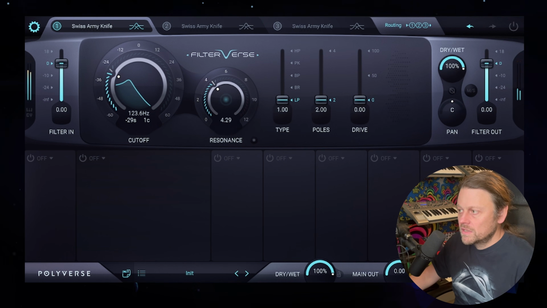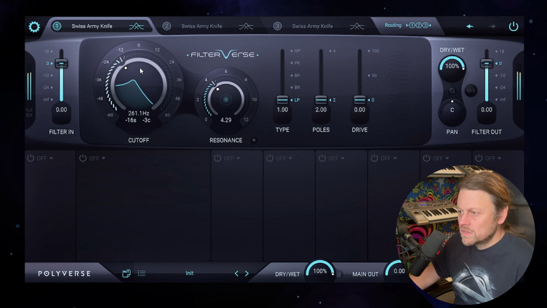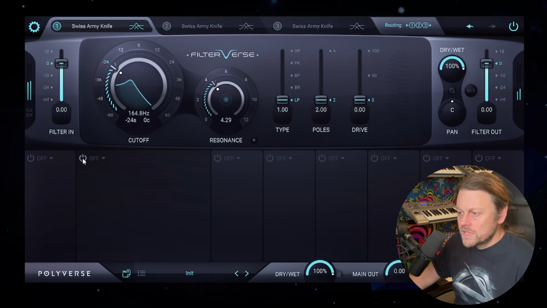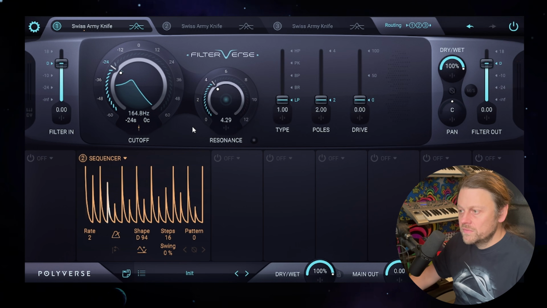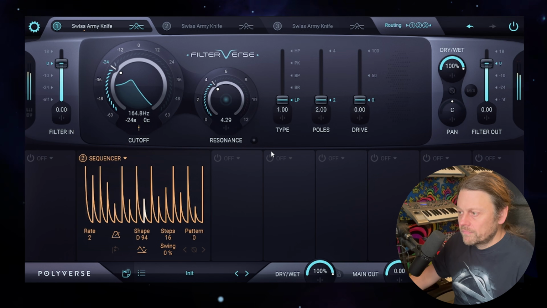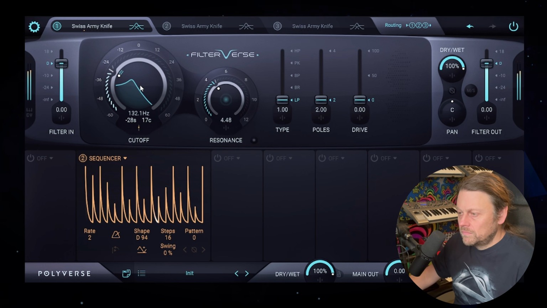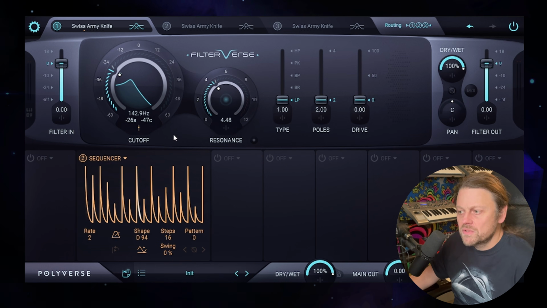Really nice. Next up we have the same pad, which sounds like so, exactly the same. Let's turn Filterverse on. Once again, just a low pass. Let's now turn the sequencer on. We have this pattern drawn in, and this pattern modulates the cutoff. So now we have a bit of rhythmic life to it, but I think that's a bit too static,